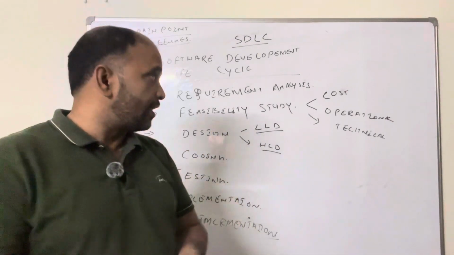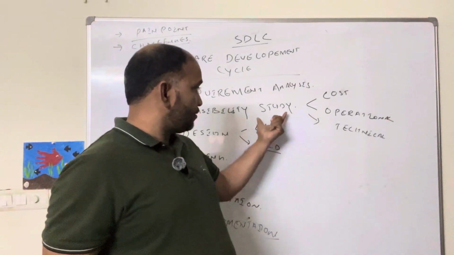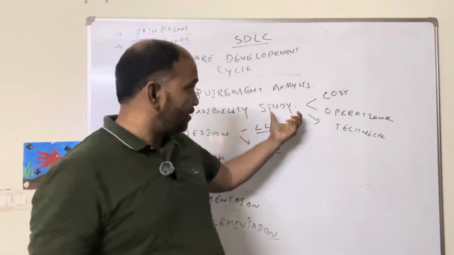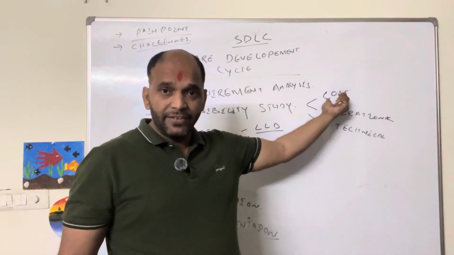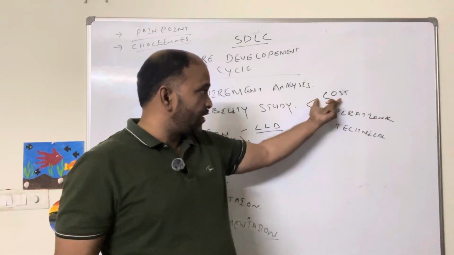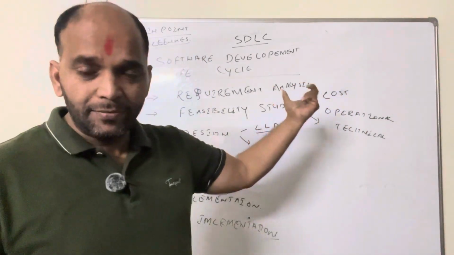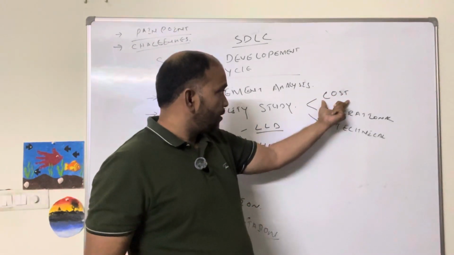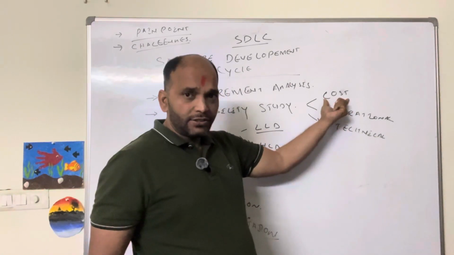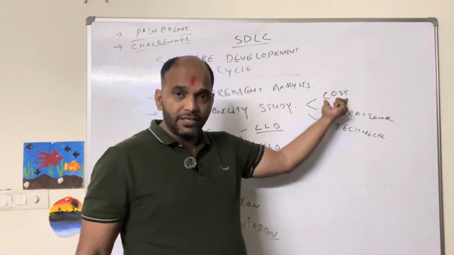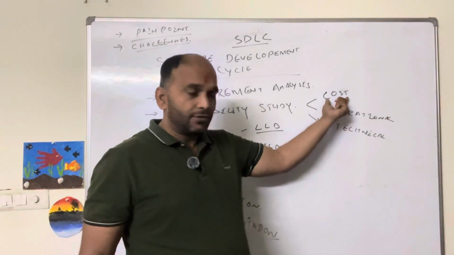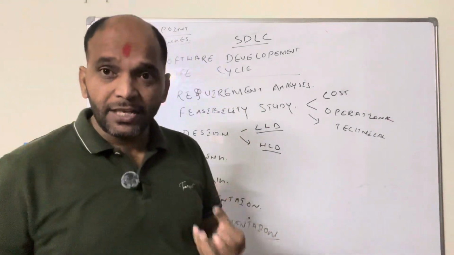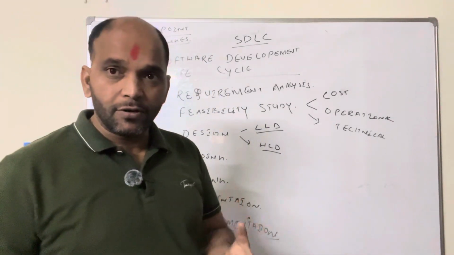So in the feasibility study, we will try to understand whether the requirements which we have brought from the market, we can complete them in a given time or not. So we have to see on the part of cost, because time is totally proportional to cost and vice versa. Okay. So one is cost, so we have to see whether we can deliver in the given time or not. Okay. Then there is operational feasibility, whether once you develop that particular software, that software will be accepted